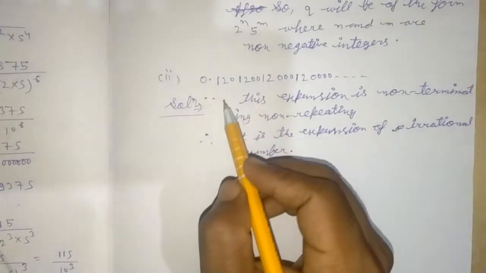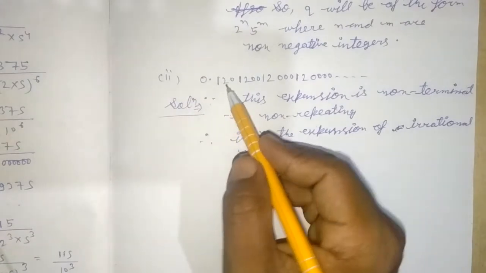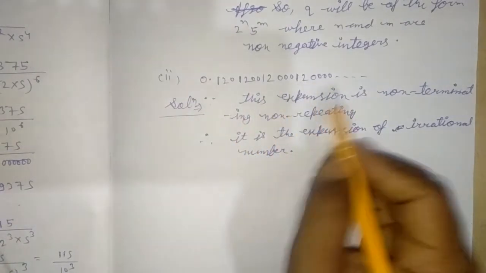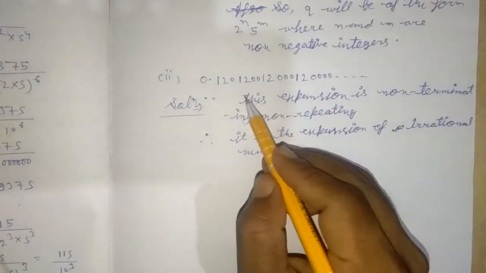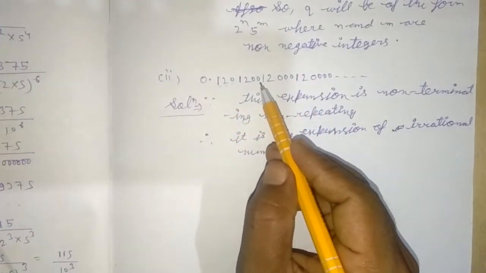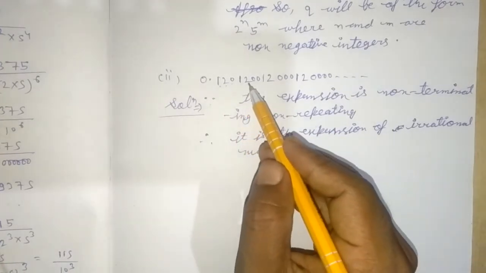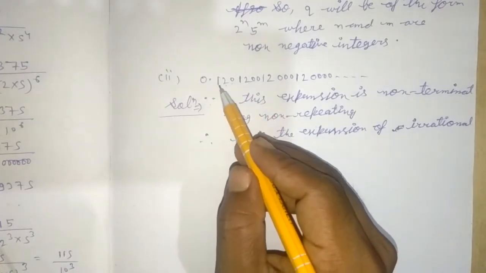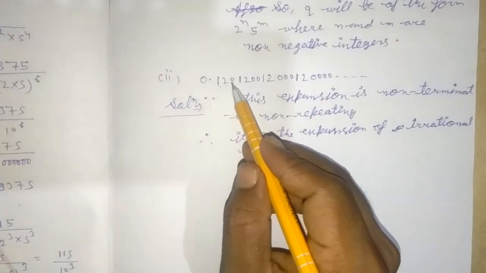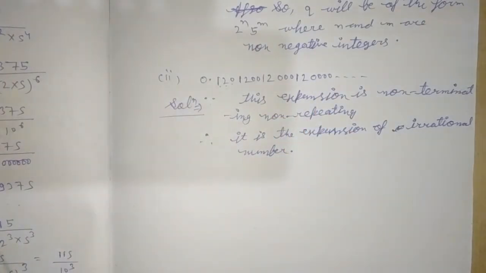You can observe that it is not terminating, and also it is non-repeating. You can observe 1 2 0, 1 2 0 0. If 1 2 0 came again as 1 2 0, then we could say it is repeating. But here it is 1 2 0 and again 1 2 0 0, so it is not repeating. So our third question is